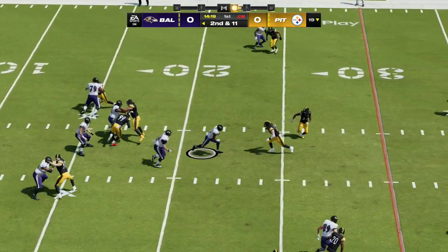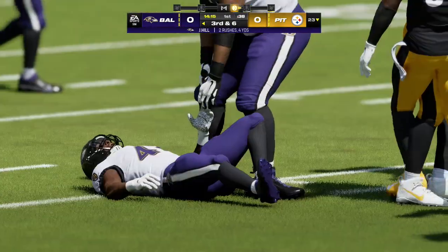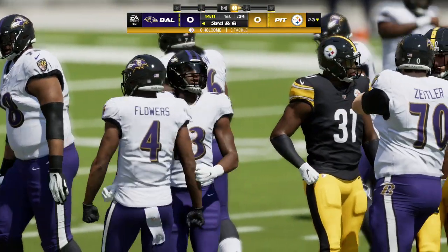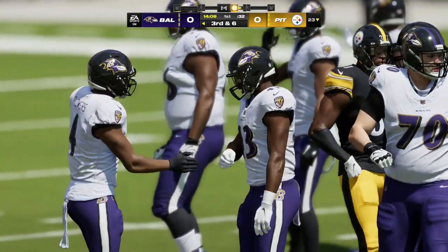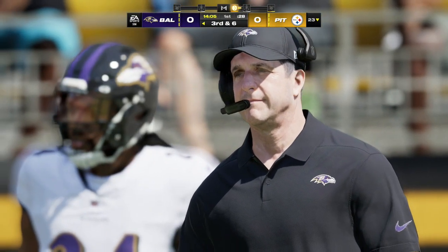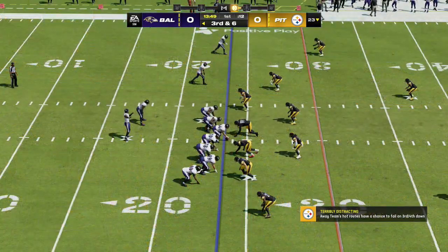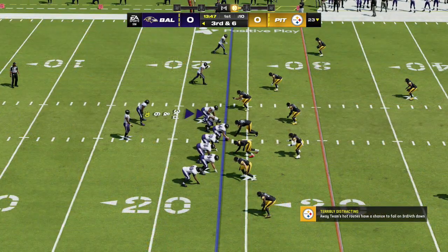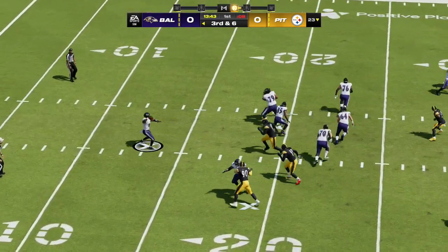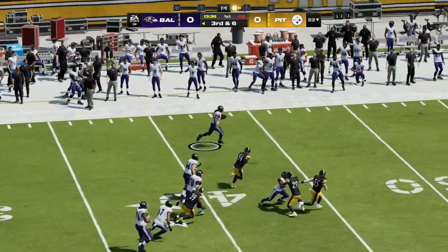Here's Hill again on second down. And he'll take this one up to about the 23. 5 yards on the carry there, and it leaves him with third and about 6 yards to go. On a second and long, it's really nice to see an offense that has enough confidence to run the football in that situation. I think that goes back to their practice and game planning. They've seen things on tape and in previous games that led them to believe that even in a long-distance situation, they can still run the football and gain enough yardage to put themselves in a good spot